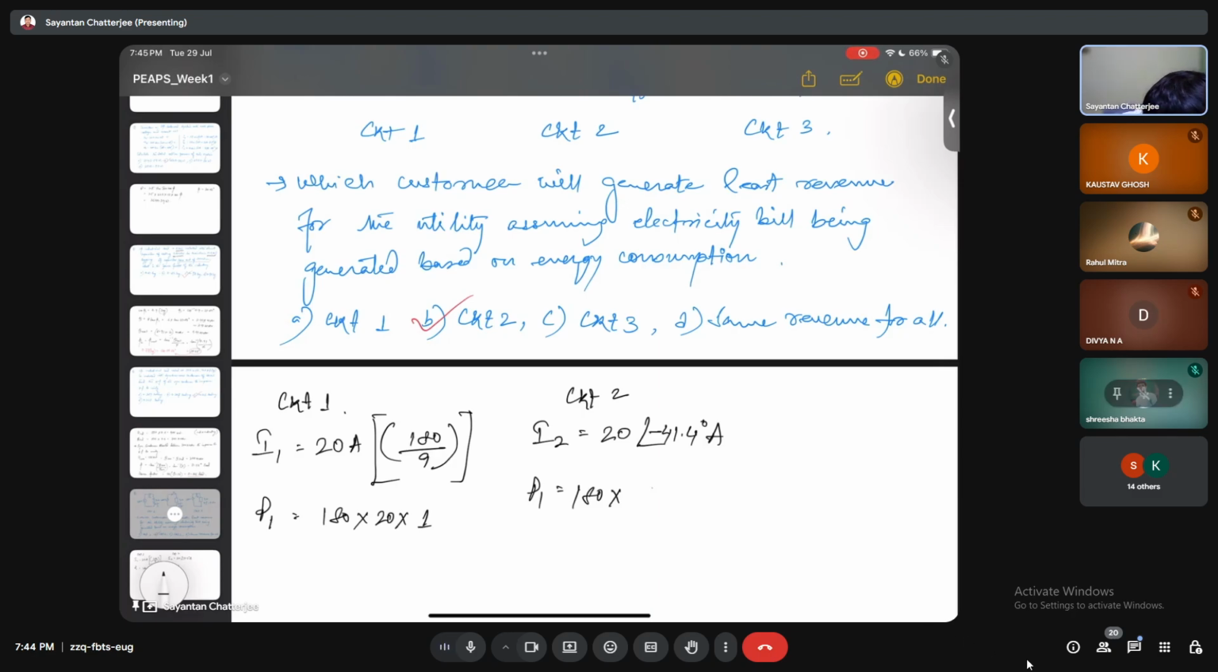8 into 20 cos 41.4. If you calculate it, the value will be something less, means for this it is 3.6 kilowatt. So considering energy billing, for 1 hour the energy will be in kilowatt hour. So this is the 3.6 unit, but here in this case it will be